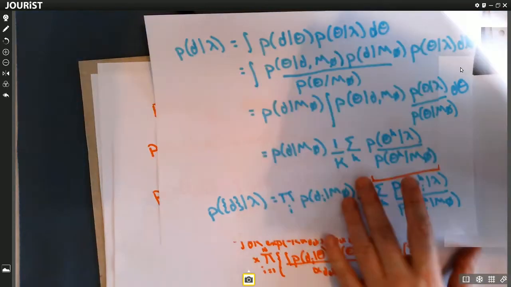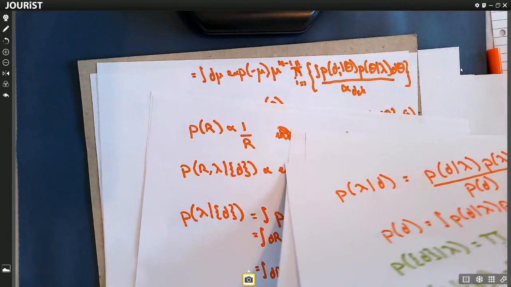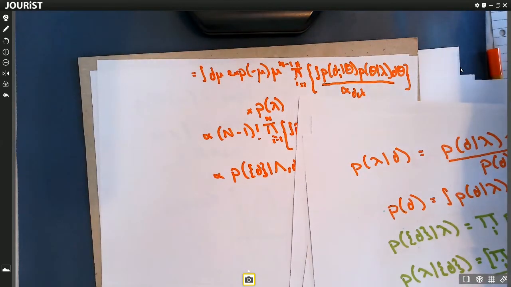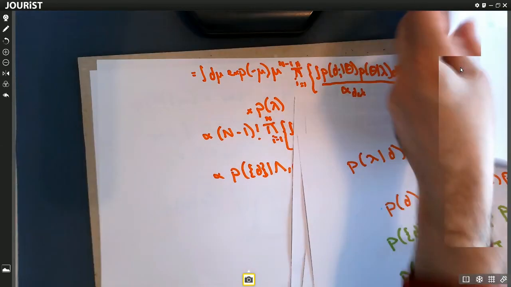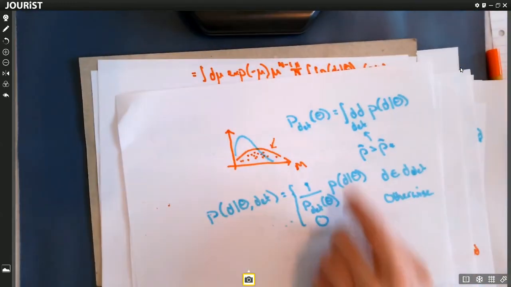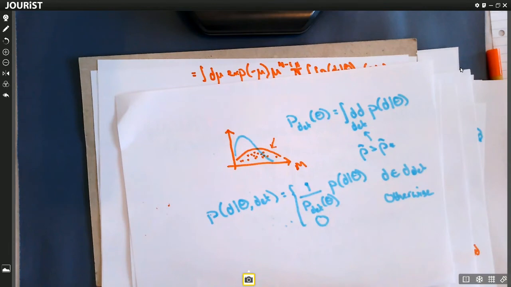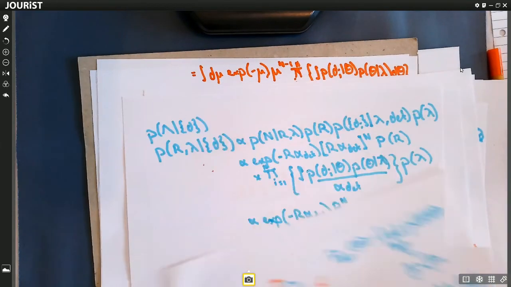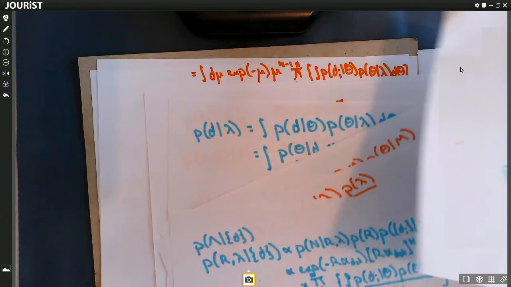When we want to go and include selection effects, we need to renormalize things. So we introduced two variables to take care of this. We introduced PDET, the probability of detection for a particular set of parameters, so we can renormalize our likelihood at the event level. And we also introduced alpha,